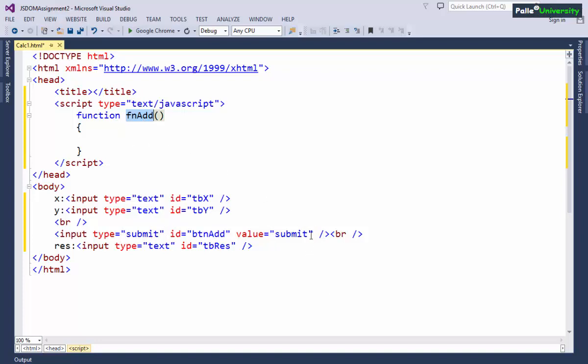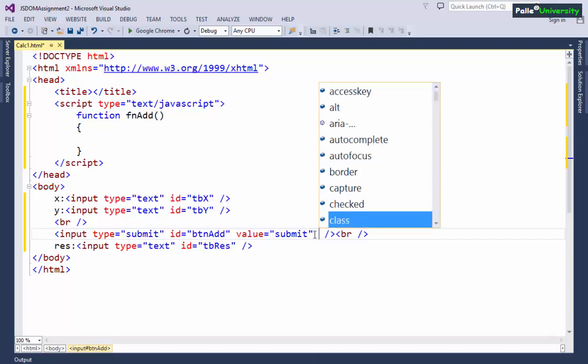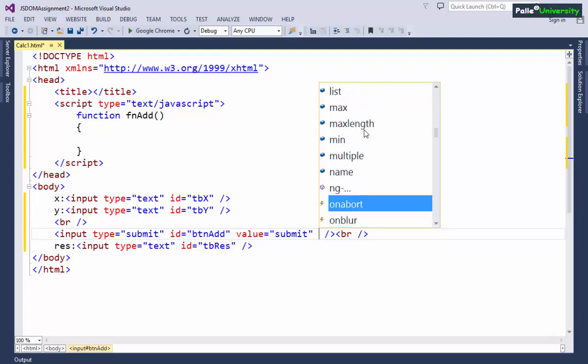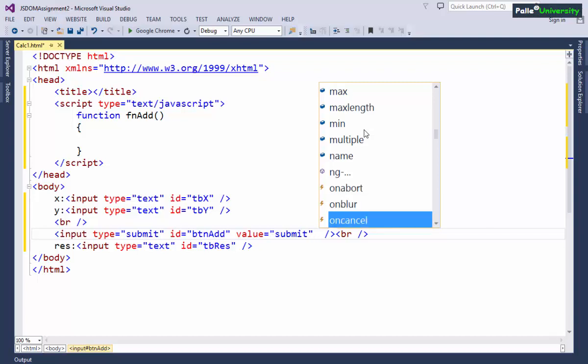So to achieve this, first we need to check what events are available in the button. So I recommend you to click on spacebar. Once you click on spacebar, you will get the IntelliSense window. In the IntelliSense window, probably you can see the list of events. So these are the events: onabort, onblur. Something like this, there are a lot of events. So now your task is you need to identify which event is suitable for calling the JavaScript function when the user moves the mouse on top of the button control, or you need to identify which event code will be executed when the user moves the mouse on top of the button control.